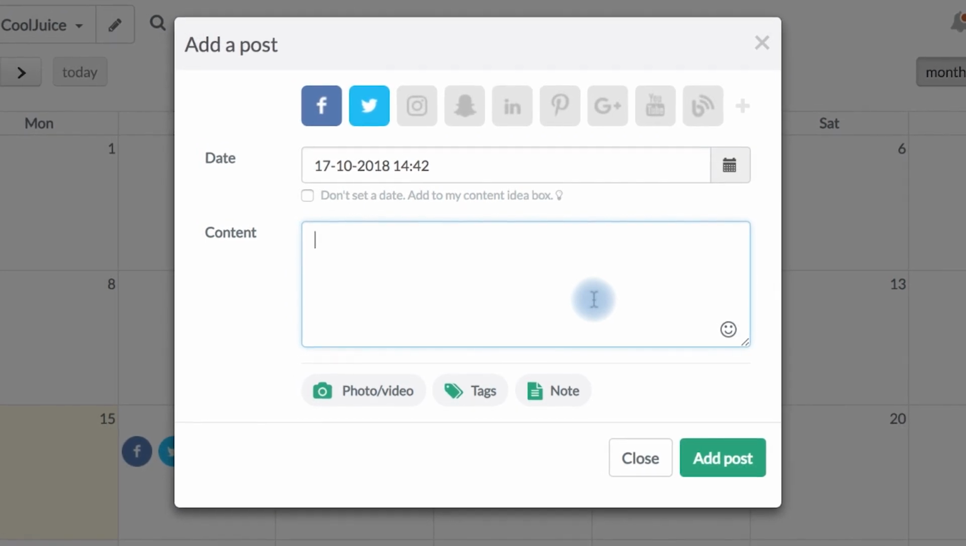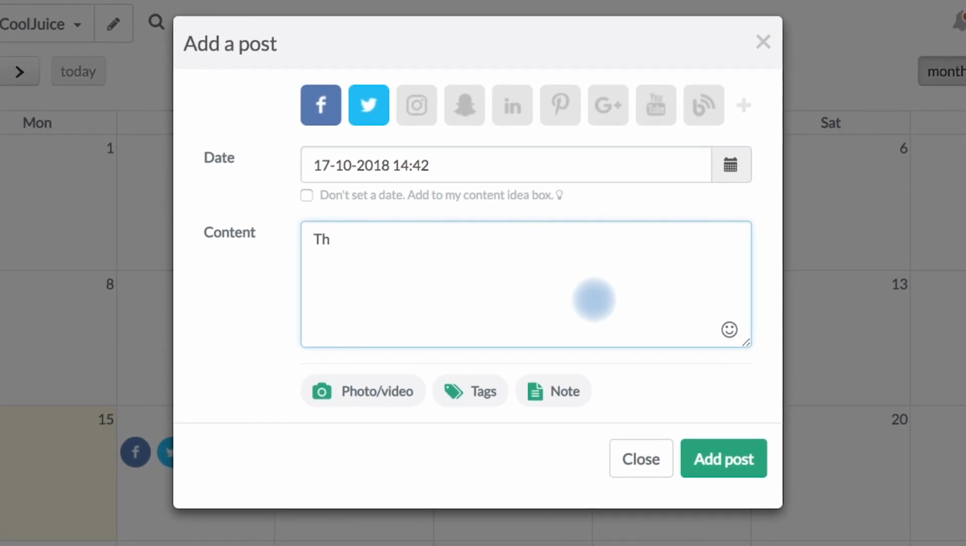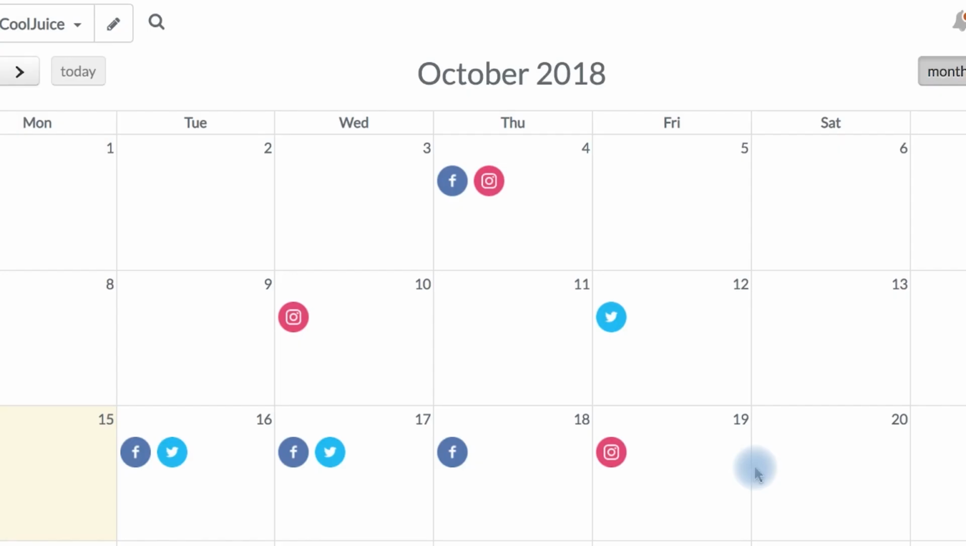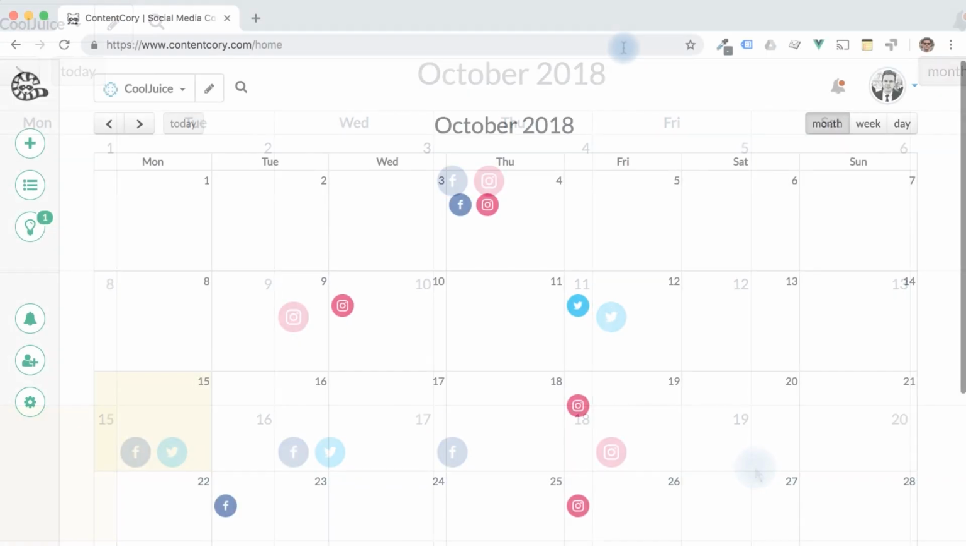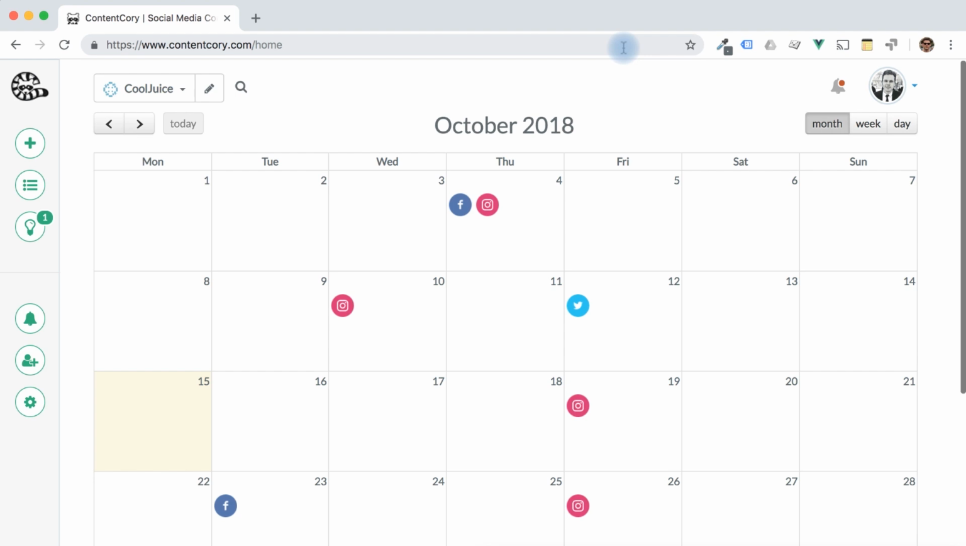Let's type our post. This is my first post. Now click Add Post. And there it is. Now, by default, you get this monthly overview of your content, but you can change this